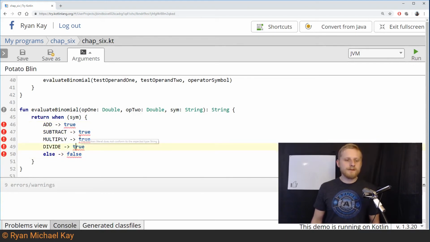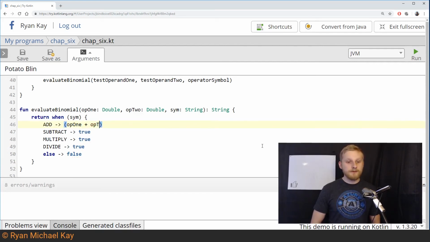And we're going to do something a little different. We're not going to return true or false. We are going to do a little bit of math in Kotlin. So we're just going to type op1 plus op2. Okay, that's perfectly valid. We're adding two doubles together, but it's still complaining because the inferred type is double, but a string return type is expected. So what we're actually going to do is type dot after the brackets,